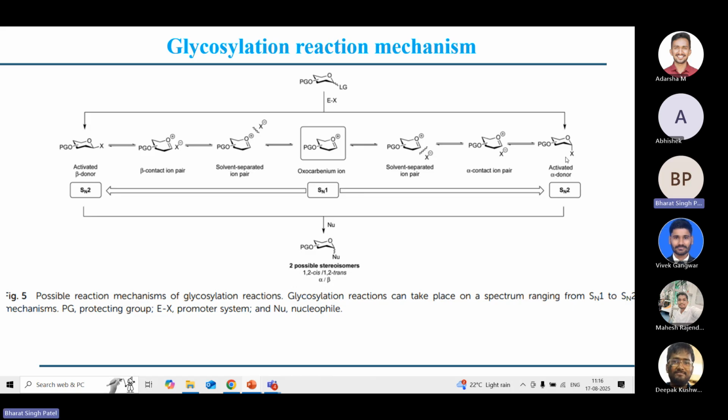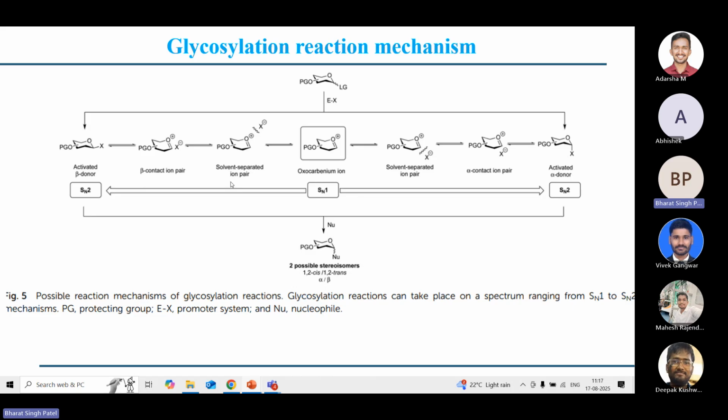For the immediate and the triplet, where complete alpha or beta covalent bond formation has happened and been characterized, that leads to the SN2 pathway. So now the directness is fixed. The incoming nucleophile can come from either side, alpha or beta, in the presence of the leaving group. So the SN2 mechanism is very much established till now.